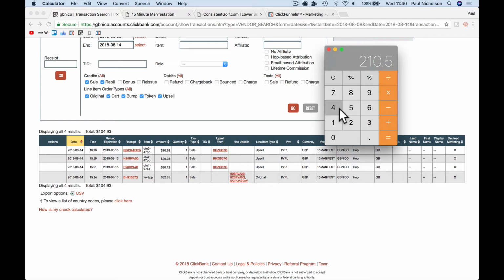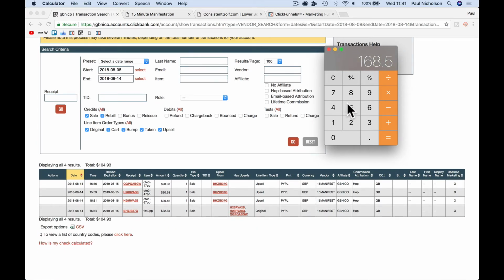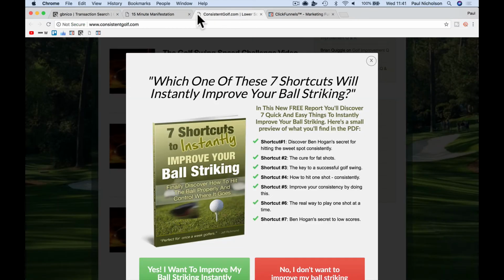So minus 42, and then what's $100? I did do it on the XE. Minus, what did I make? $104. So we'll call it £75, right? So it has cost me £93 to go through that process, but I wonder why I'm not making money trying to